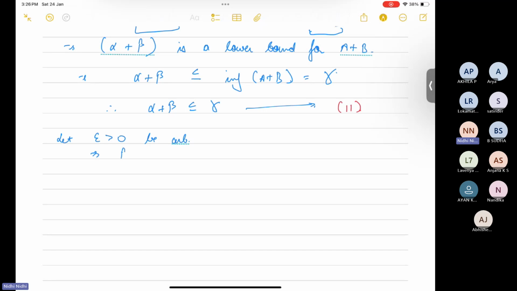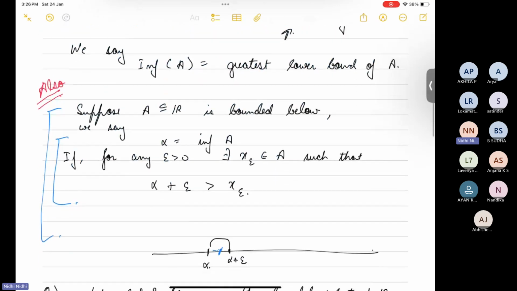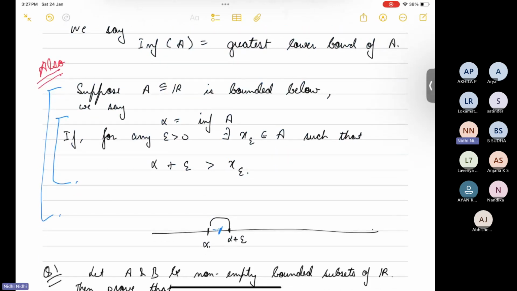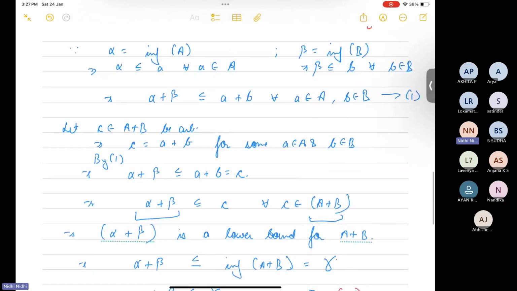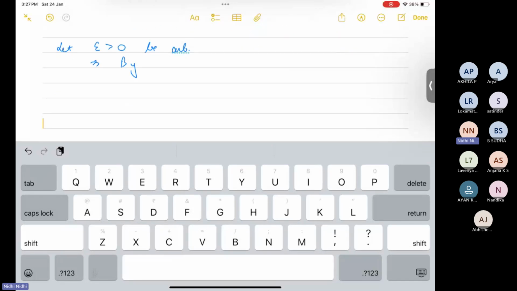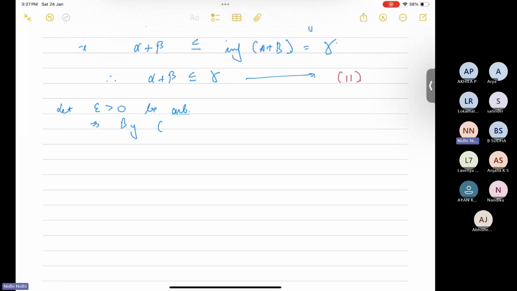Then by above, let me write it, this is a characterization of infimum. So I'll just mark this as star. By the statement star,